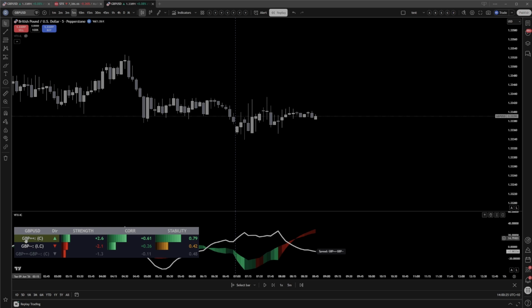table, we can see that the correlated pound basket, its direction is long, its strength is only 2.6, but its correlation is above the 0.5 threshold. So as a result, the background coloring has this khaki green color. The inversely correlated basket, small strength,